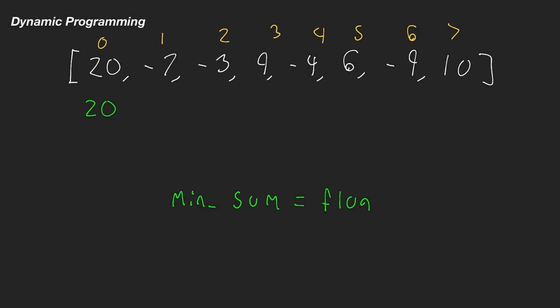Really, this should have been float infinity, or just infinity before. And so this will now go to 20, because if we have a subarray that just includes this element right here, well, the sum of that is 20, okay? Now we move on to the next element,